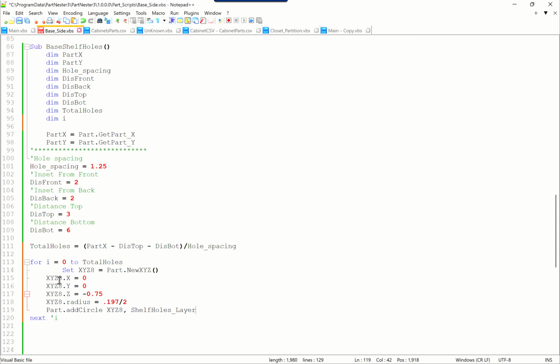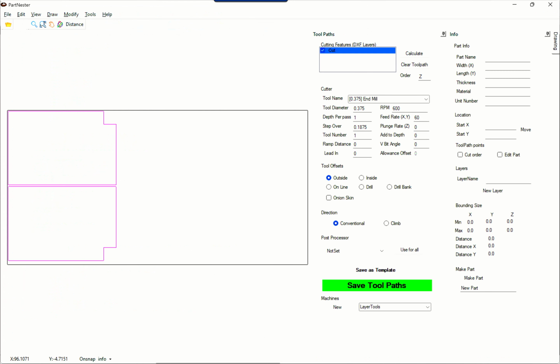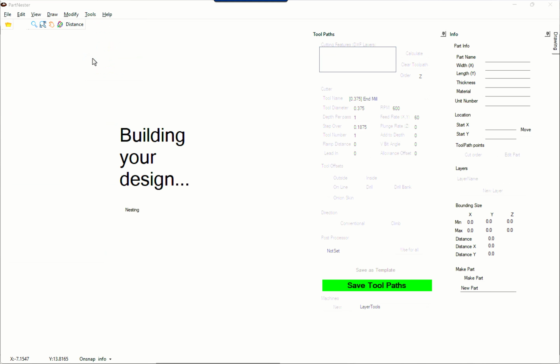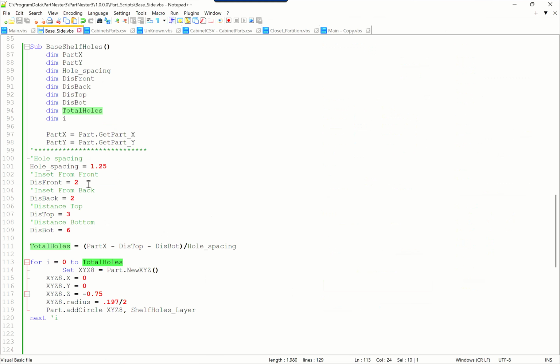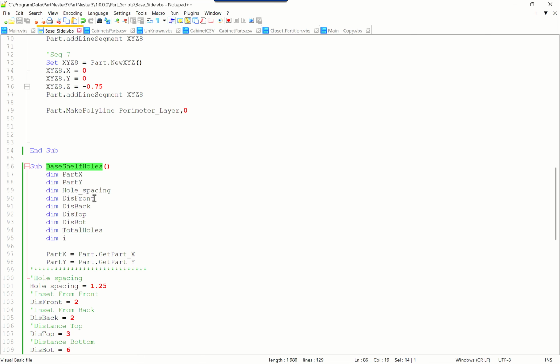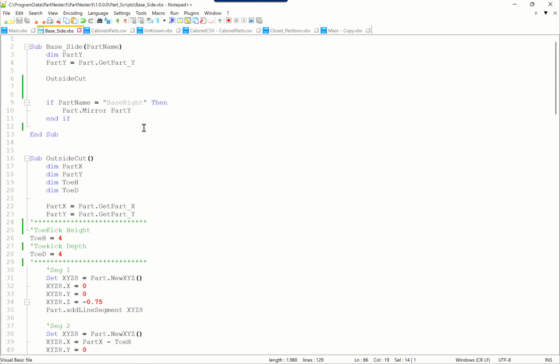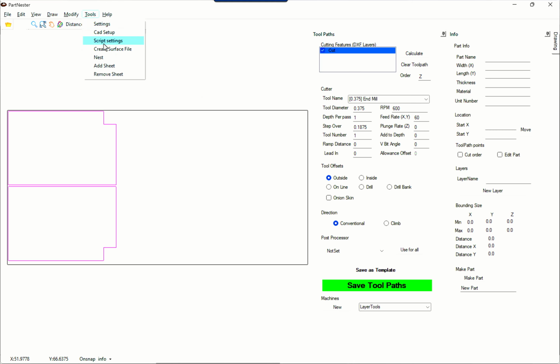So currently we are getting a hole placed. If we run this, we're going to get the total number of holes directly on top of one another. Let's just see where we are, see if we've done anything wrong. If we go up to Tools and Nest, we should at least see one circle. Actually, we're not going to see it because we're not making a call to the shelf holes. I'm going to go back up into the back side, after it does the cutout perimeter cuts, and then we have the shelf holes. We'll save, and now hopefully we will get